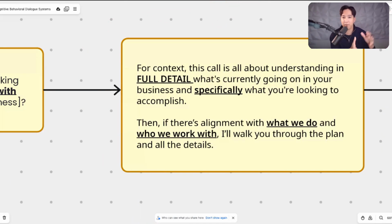Let's say it's a business offer. If it's not a business offer, if it's a fitness or a dating offer or a trading offer, you customize it. What's currently going on in your trading strategy, what's currently going on in your love life, what's currently going on in your health and fitness journey. If it's a career transition, what's currently going on for you professionally, for example, and then specifically, what are